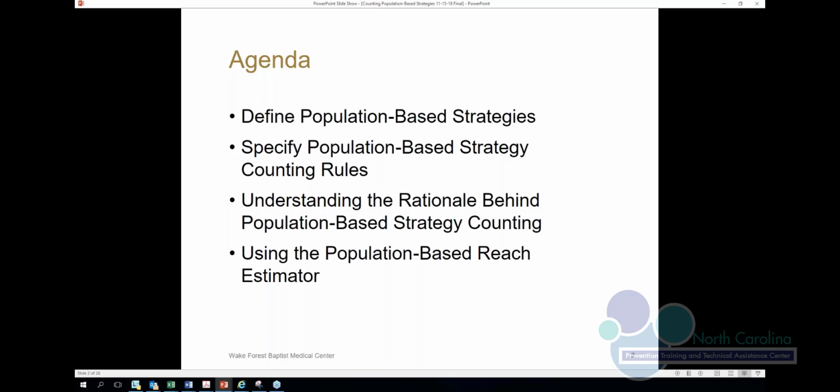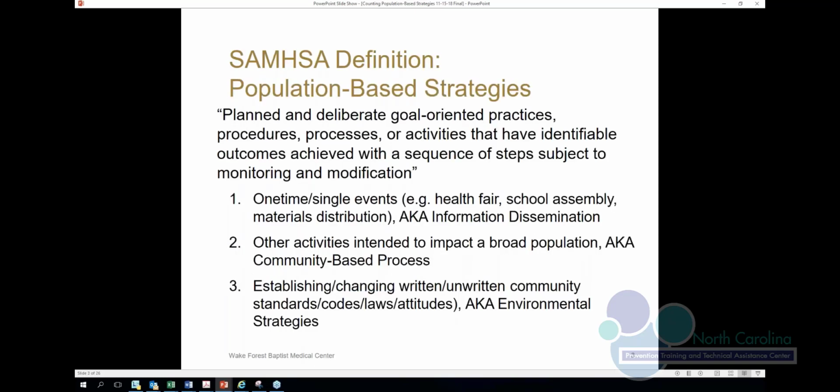So with that, we're going to go ahead and proceed. You probably all have seen at different times this SAMHSA definition for population-based strategies, but it is the planned and deliberate goal-oriented practices, procedures, processes, or activities that have identifiable outcomes achieved with a sequence of steps subject to monitoring and modification. Those are exactly from the SAMHSA regulatory definition. It's kind of mushy, but then the examples that they provide align perfectly to information dissemination, community-based process, and then